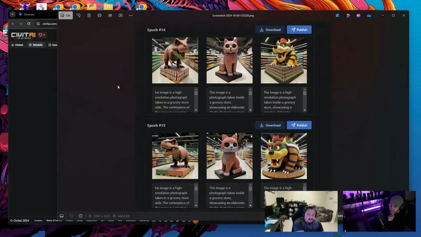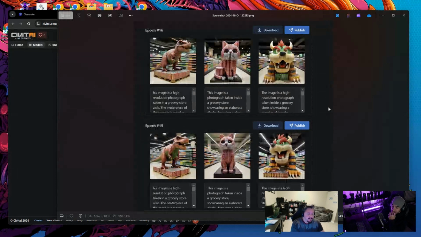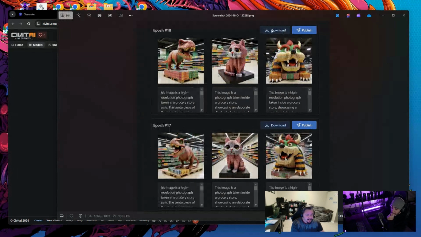13 is kind of where I thought was the point where things were where I wanted them. But I tested that and need a little more strength to work nicely. Bowser looking a little doggish there. Yeah, not many cans here in 14. 13 looked good though. That was kind of my starting point on that one. But then everything past that starts getting a little nicer. The one I actually ended up using was 18. I did train a little more than that, just because I thought 18 looks like, hey, these are cans, teeth, maybe not, but everything looked quite nice.